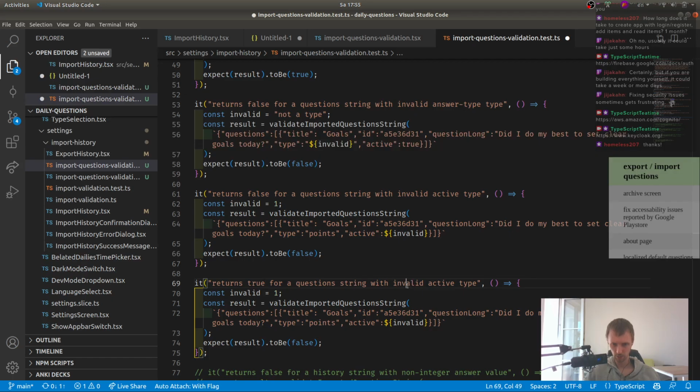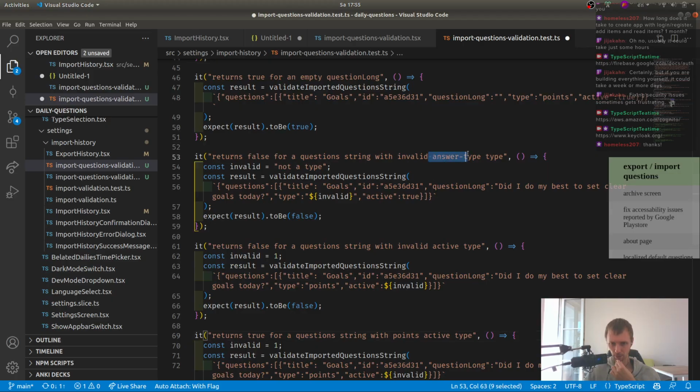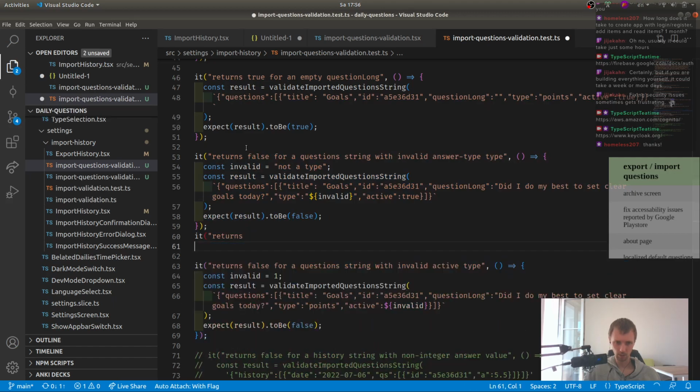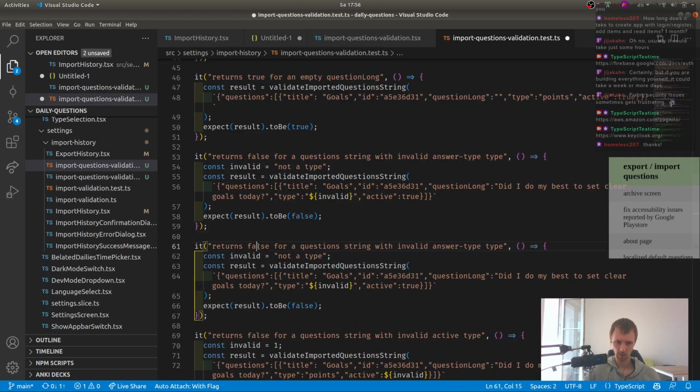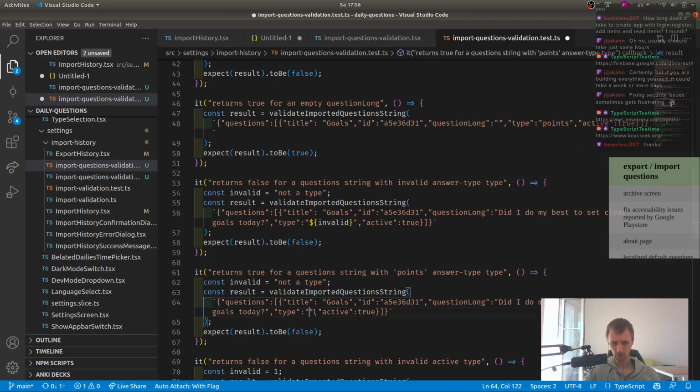True. Points. Didn't I write a test for answer type? There it is. Oh, okay. Turns true for a question string with points answer type. I think we already have one, right? This is kind of a duplicate,